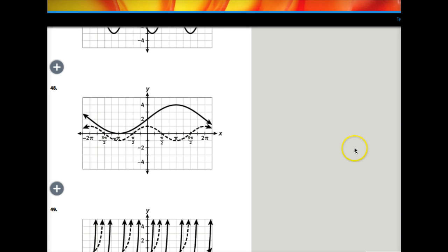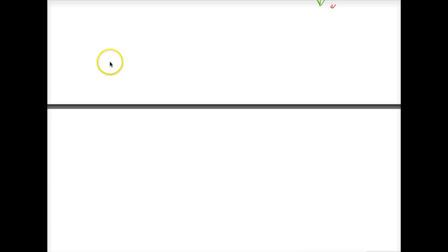So when we look at lesson 35, and I assigned 1A and B. So I don't know why I switched back to that. I didn't need to look at a picture. But number 1, it gave you some information. It told you about the Ferris wheel. It had a diameter of 94 feet. It said the highest point was at 102 feet. And it says 1 rotation